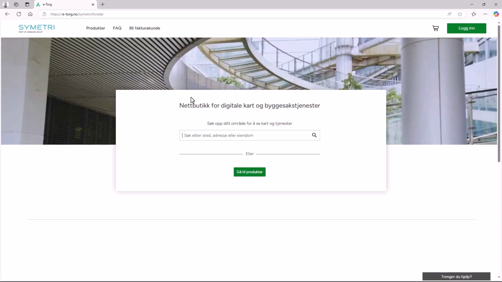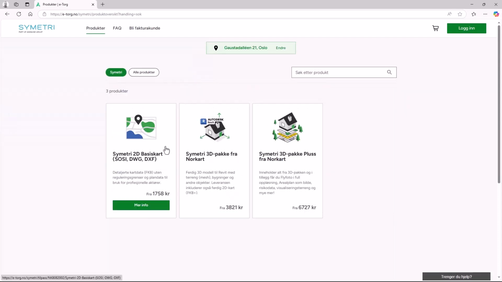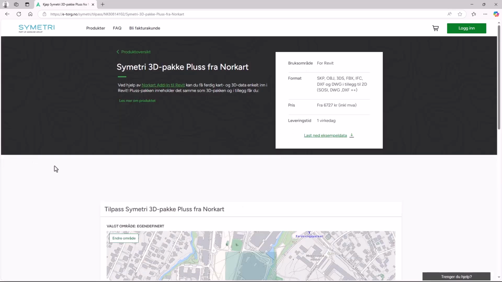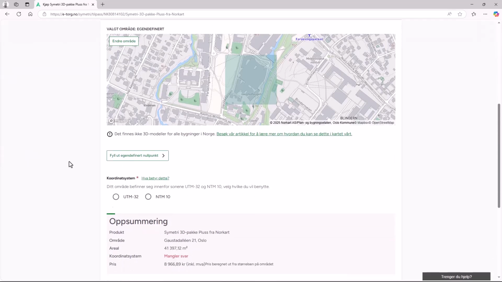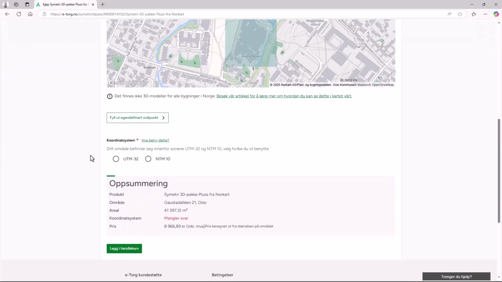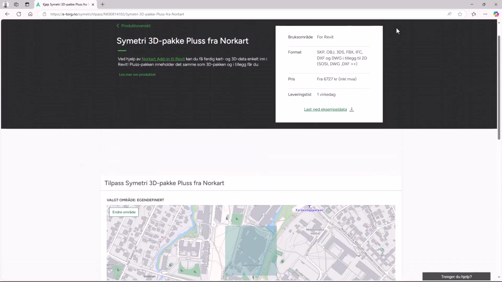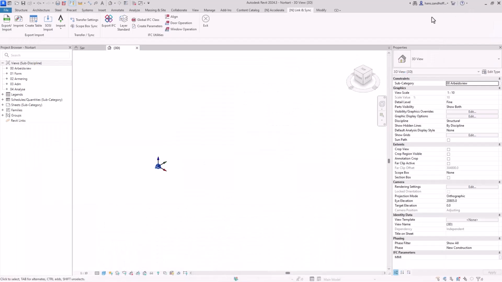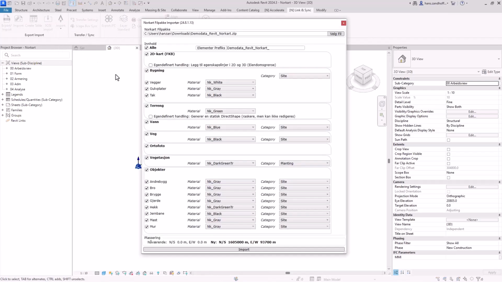I will go to this web app, and here I can select which kind of data I want to download and for which area. I can also select what kind of coordinate system. If I have the data, I can go to import, select my file